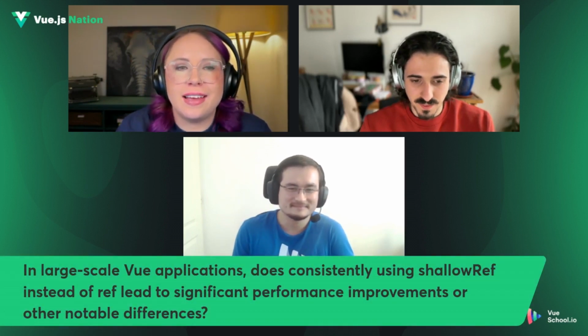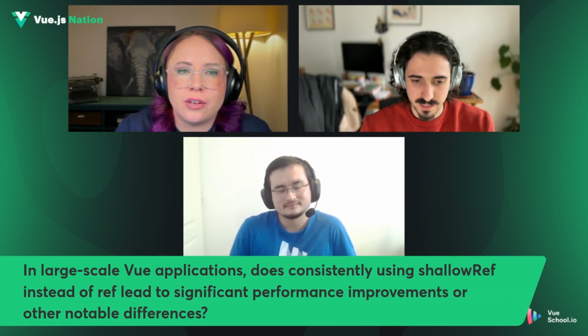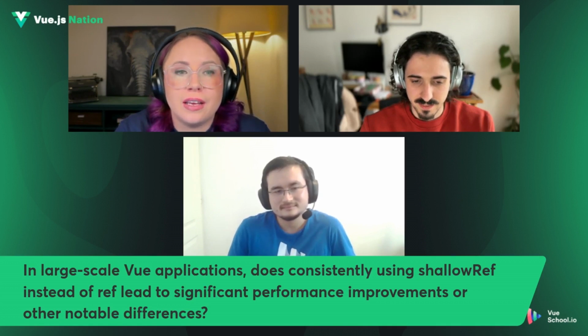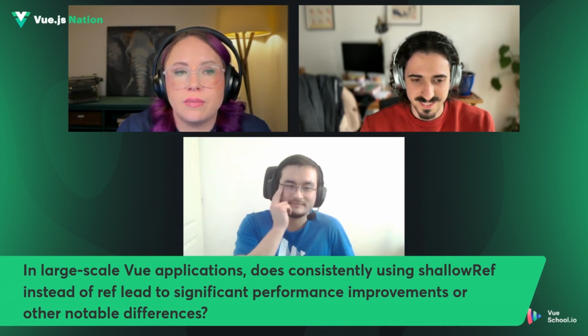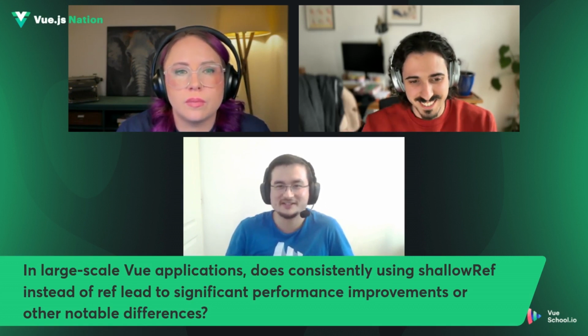In large scale Vue applications, does consistently using shallowRef instead of ref lead to significant performance improvements or other notable differences? It depends on what you mean. I think "consistently" is not the right word, and neither is "large scale application",